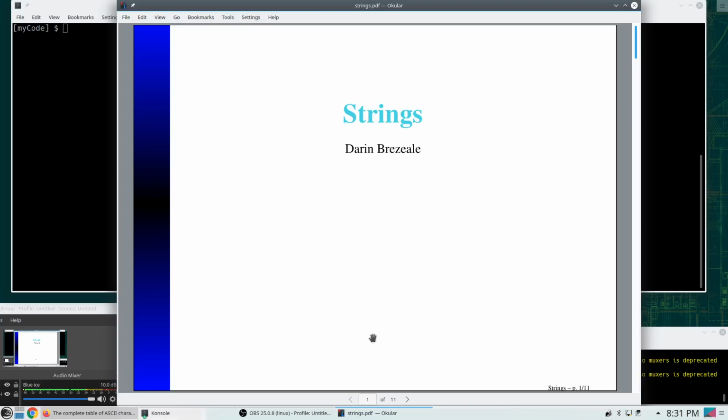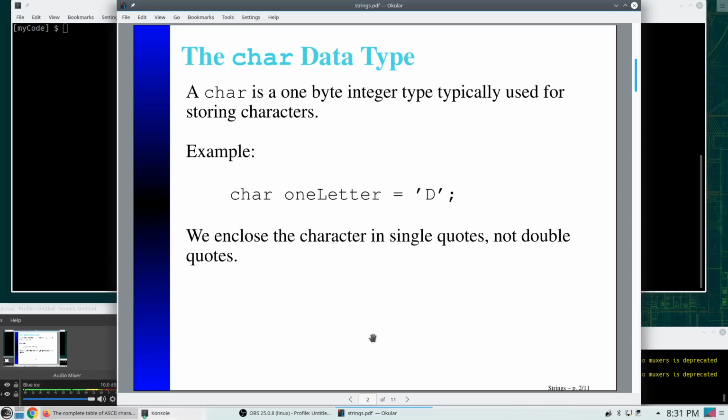Now I'm going to introduce strings. But first, let's review the char data type. In another video, I said that the C89 standard provides for 4 integer types: the char, the short, the int, and the long. And the primary difference between those 4 is how much memory is allocated for storing the integer